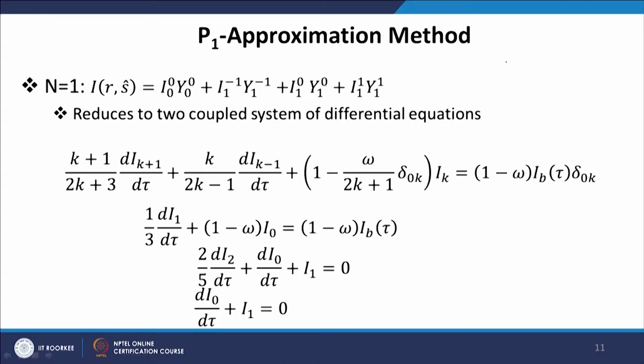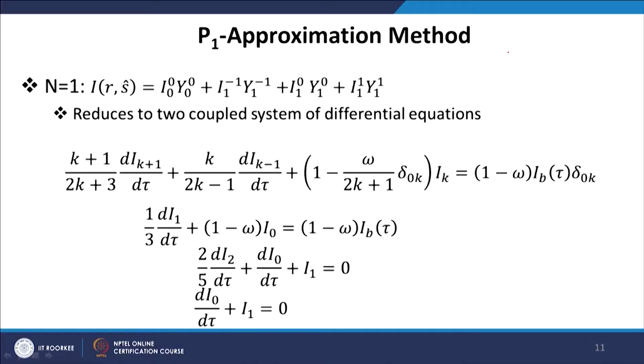Now, we will take a special case, that is the P1 approximation method, which is mostly used in the radiative heat transfer community. Most of the commercial software like ANSYS and Star CCM come with this P1 method. In the P1 method, the values of L retained will be 0 and 1. So, two terms will be retained. The first term is I0 Y0 and the second term will have three components, for L equal to 1, M equal to minus 1, 0 and 1. So, there will be four terms.